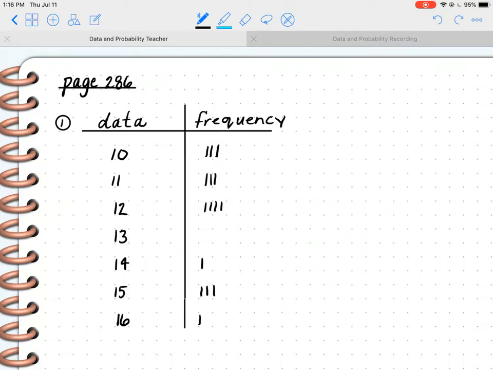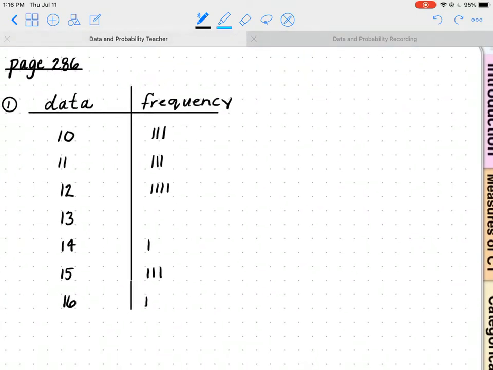And you may notice that the 13 has no frequency marks, and that's okay. We just have to work with the data that we're given. The answer choices are: the mean is greater than the median, the mean is less than the median, the mode is greater than the mean, and the median is greater than the mode. So we're going to have to find the mean,